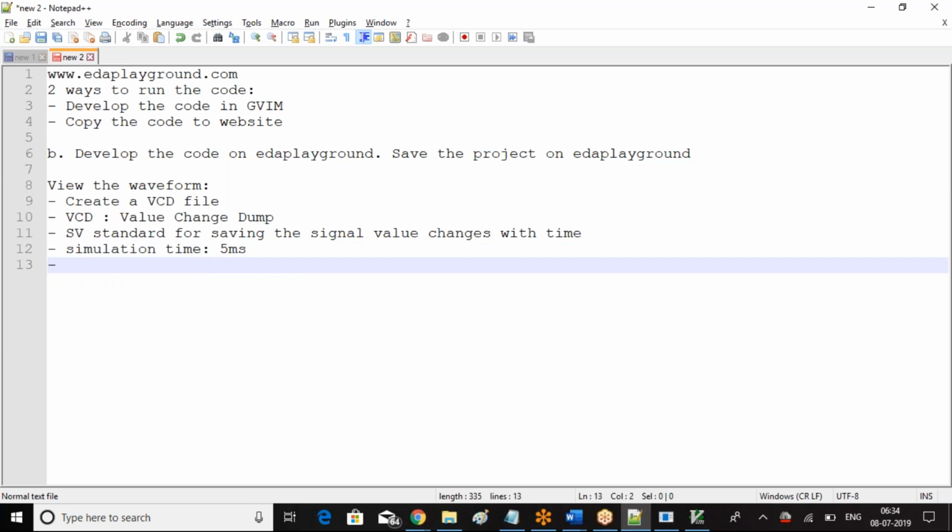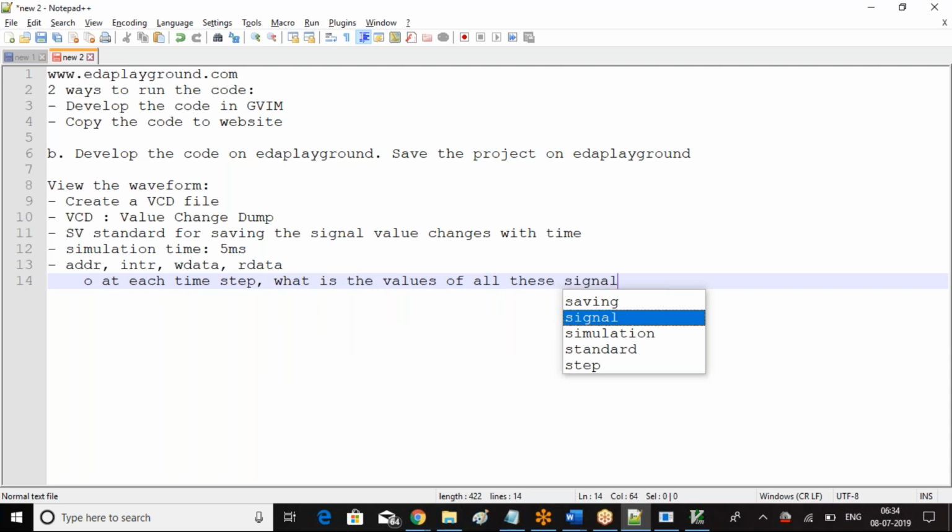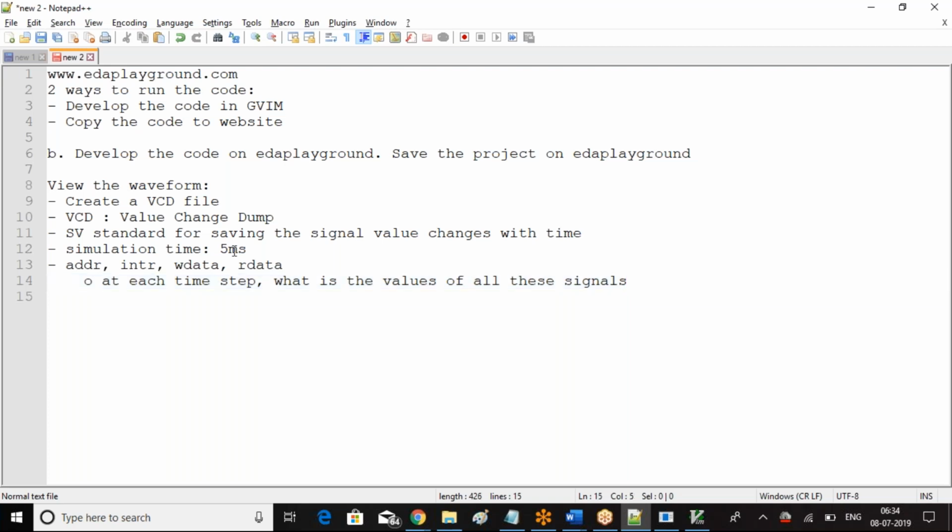My VCD will hold the values of all the signals for all that 5 milliseconds. What is the value at 1 nanosecond? What is the value at the second nanosecond? Let's say I have signals like ADDR, interrupt, data, write data, read data. I just took some hypothetical signals. For all these signals, it will capture at each step what the values are. That is what my VCD file stores. Each time step could be 1 nanosecond, so there would be millions of time steps. At each point, it holds the value of address, interrupt, W data, R data. That format is what we call VCD, value change dump. It remembers the points where the values change, hence we call it value change dump. In simple terms, this is how we create waveforms